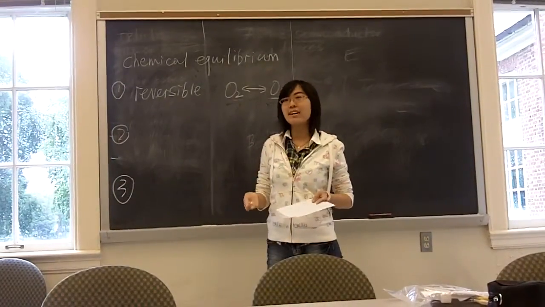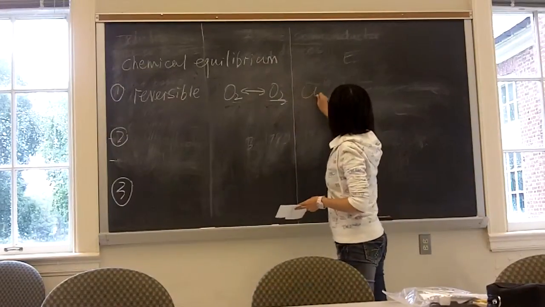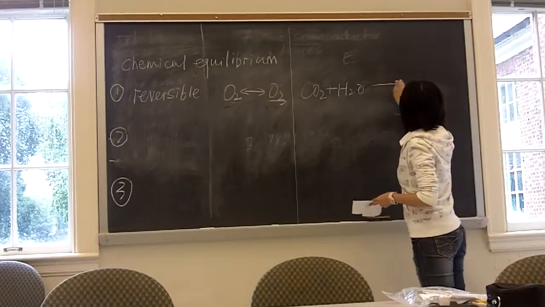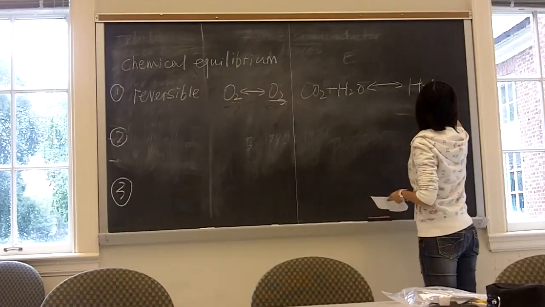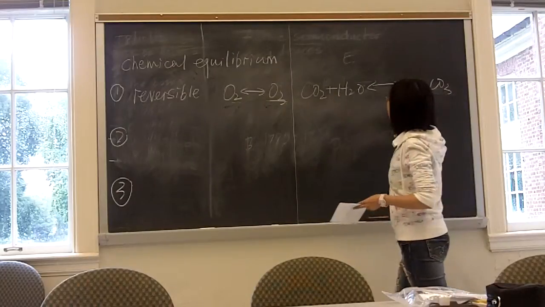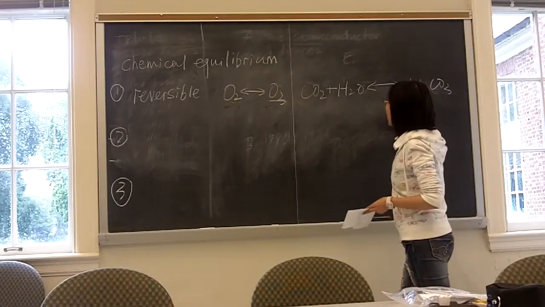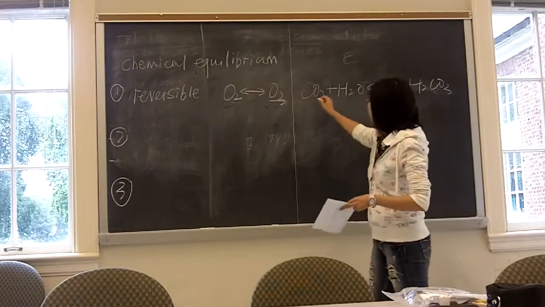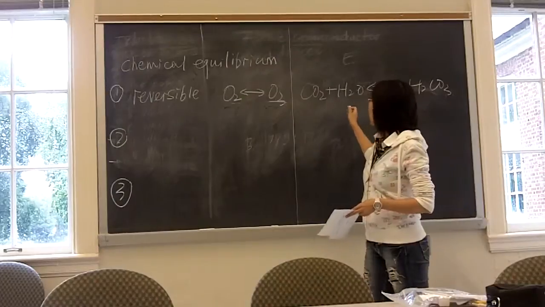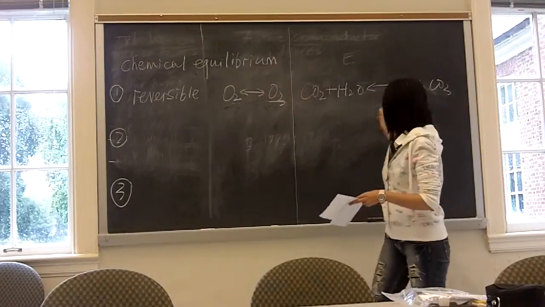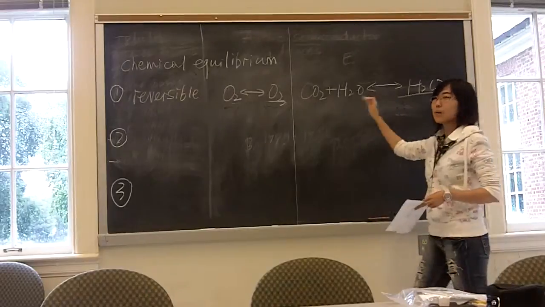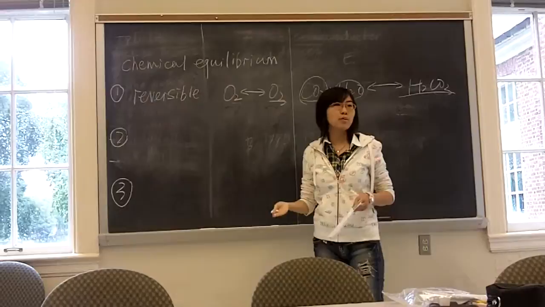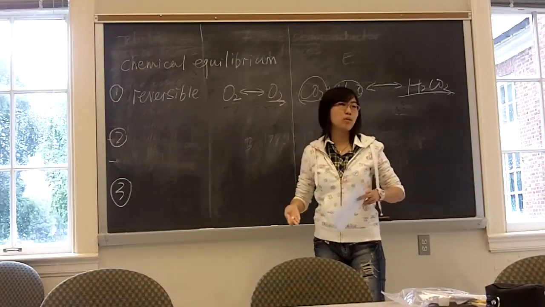And in this case, there is a chemical reaction. Carbon dioxide plus water can produce carbonic acid, and this is also a reversible chemical reaction. When we produce Coke, we dissolve enough carbon dioxide into water. And because it's a reversible chemical reaction, this acid can be decomposed into carbon dioxide and water. That's why we feel the gas bubbles when we open a bottle of Coke.